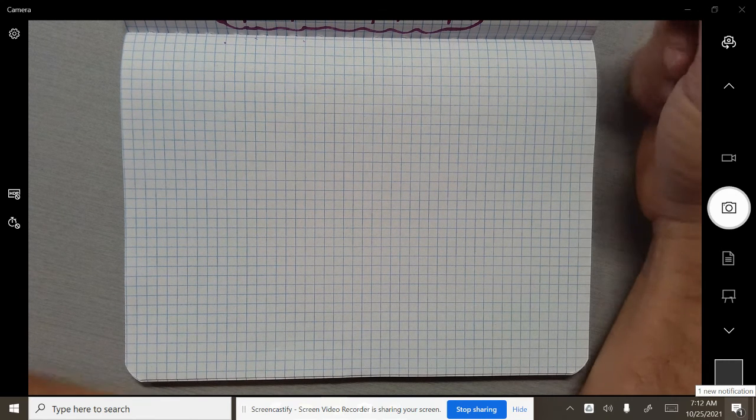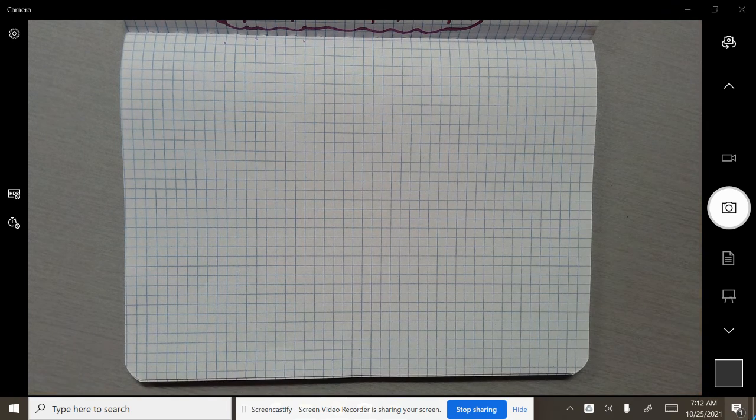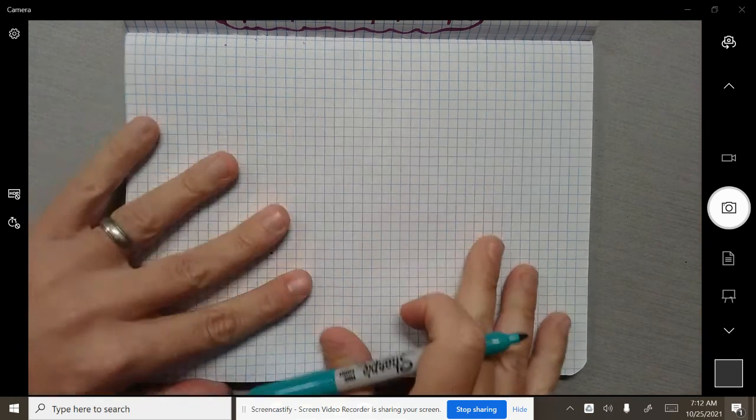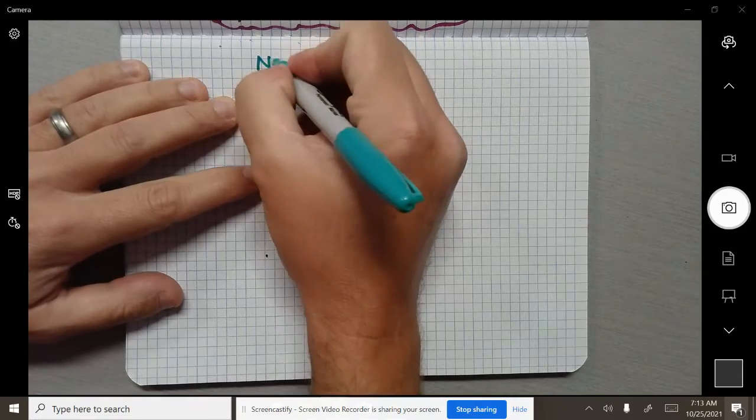Okay, guys, so I'm going to do more of this, and I'm going to do some notes with video. I'm going to be sharing this with Miss Santos's class as well. I want to make sure you guys have the same exact notes that we have for every period, and the title of our notes today are going to be number